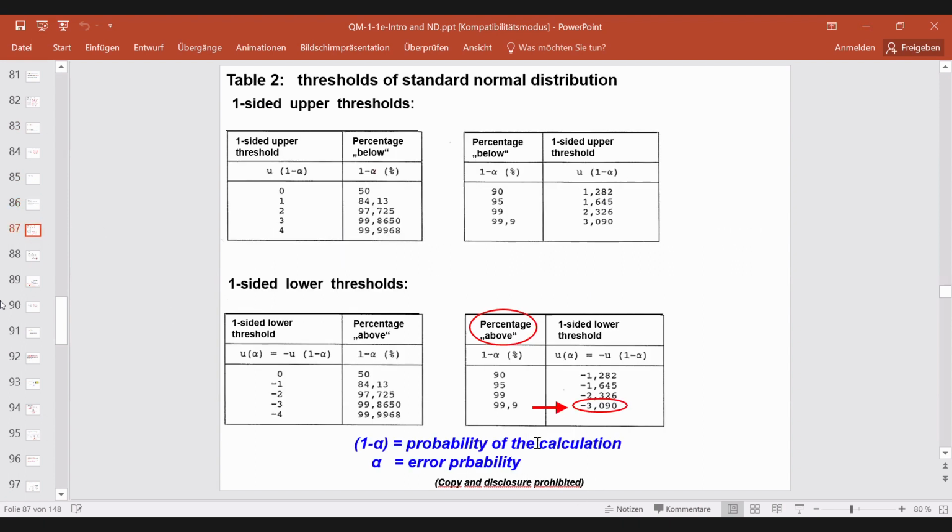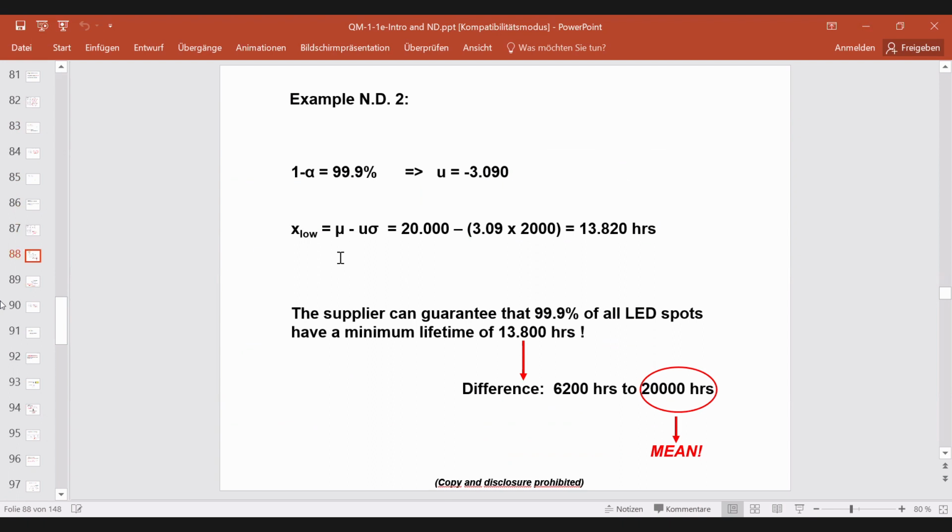So all you have to do is to go into this table at 99.9, and then you read minus 3.09. So again, the x low value, the minimum lifetime, is the mu value, which is 20,000 hours, minus the table value, 3.09, times the standard deviation of 2,000 hours. And then the result is